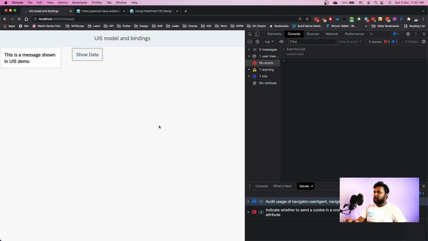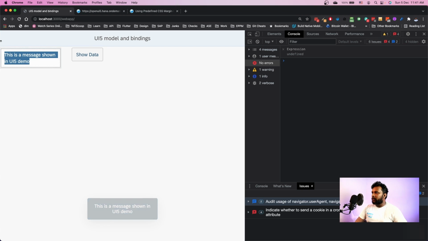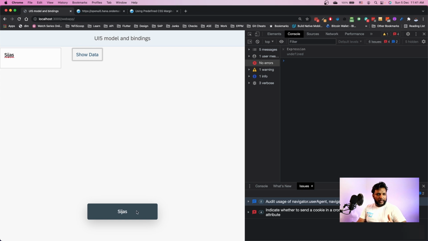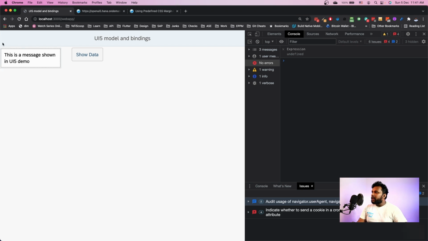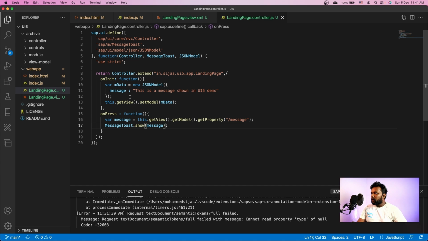Go back, refresh, and I should see this one. When I click on it, this is being shown here. So what if I change it to CJAS? It shows CJAS. So this is what is two-way binding, which means that when I refresh it, initially there is data in my model, which is message.